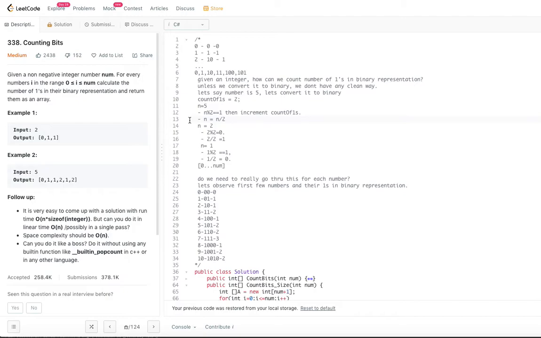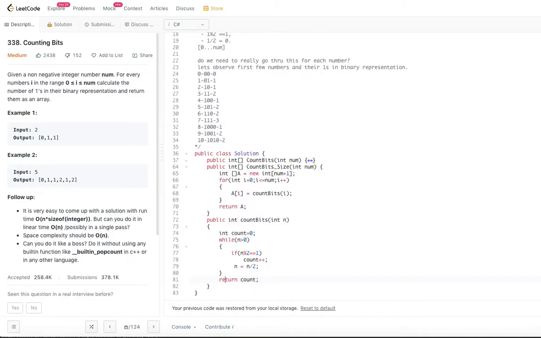Just similar to what we did: if n mod 2 is equal to 1, then increment, and do n equal to n by 2. If n mod 2 is equal to 0, then we don't increment. So that's the same logic, and we do this whole process until the given number is greater than 0.